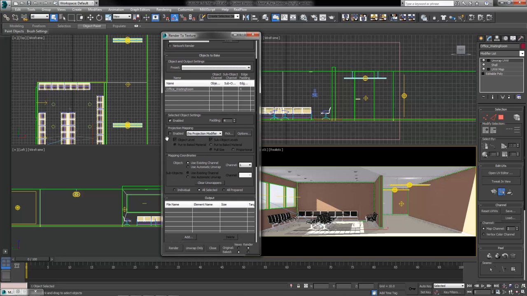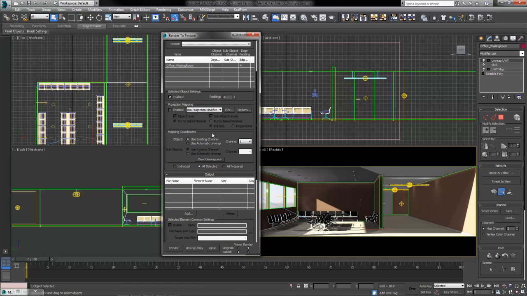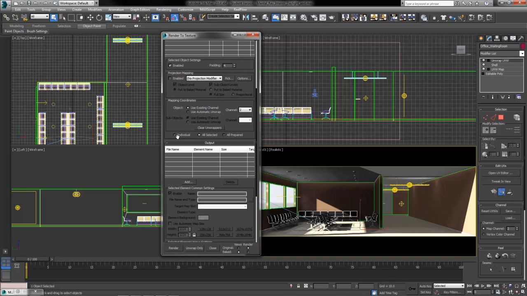Again, we're gonna skip the projection mapping. That's something different we'll get to in another lesson. And come down here to the mapping coordinates. We want to use existing channel and change that to 2, which is what my Unwrap is currently set for, just so that it doesn't get confused as to which UV modifier it's talking to. Down a little further into the output, we're going to go ahead and hit that Add